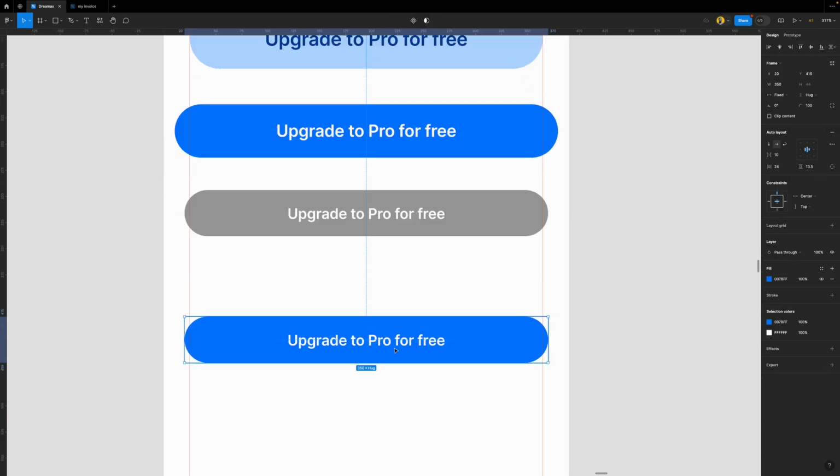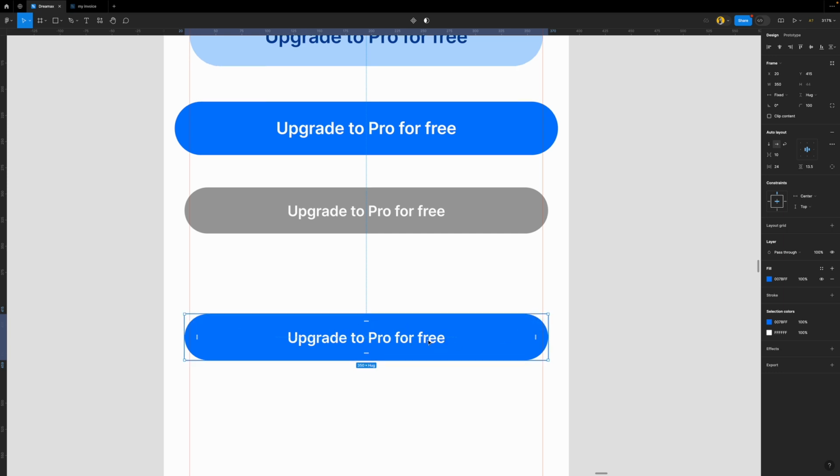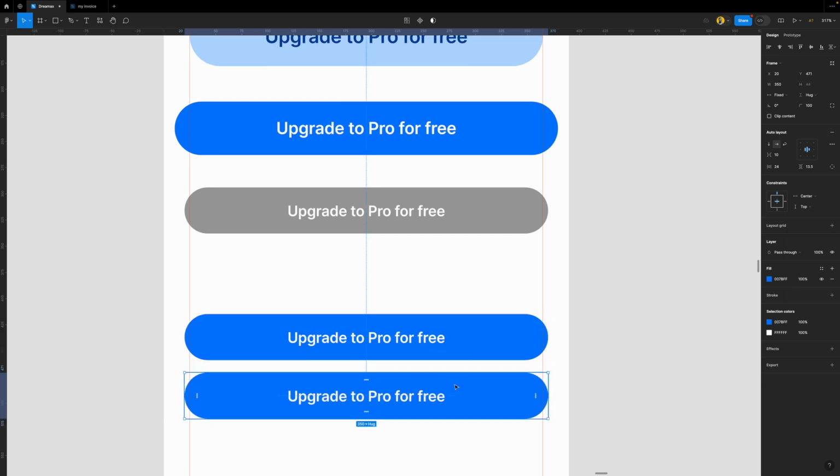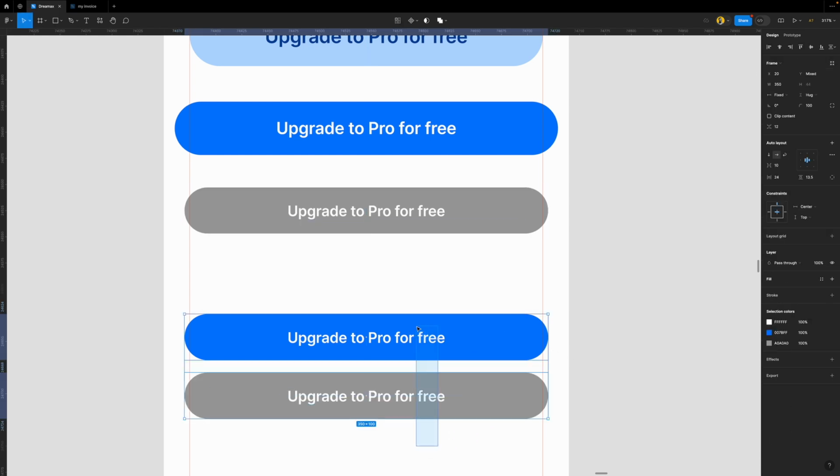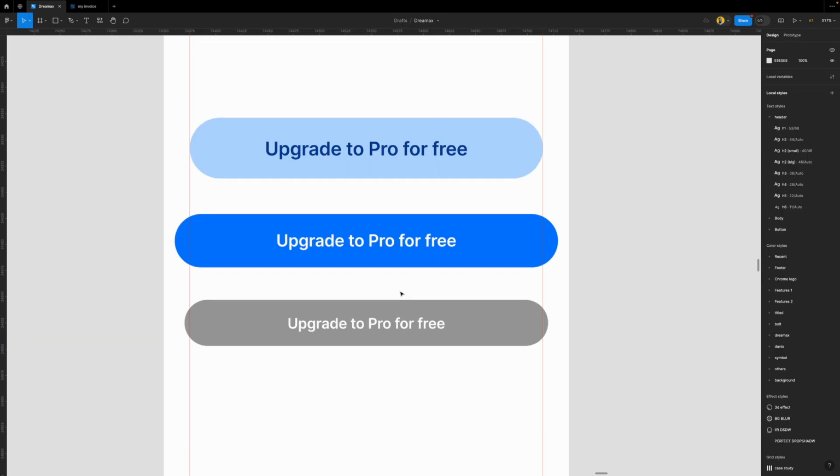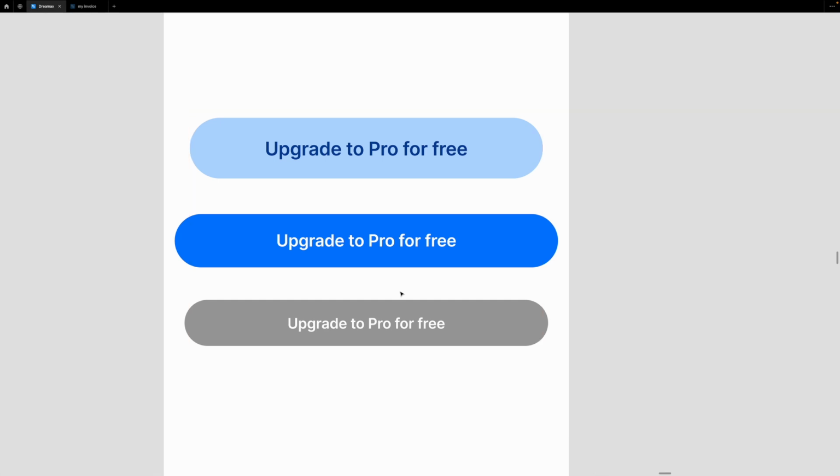Recall that we have a button here and we don't have any system here. That would make us always have to create a new button every time we have to work on something. So if I wanted to work on a disabled state, I would duplicate this and start looking for the color, picking the color and all of that, and that can be stressful. So to make it more user friendly and improve the experience of using the buttons,